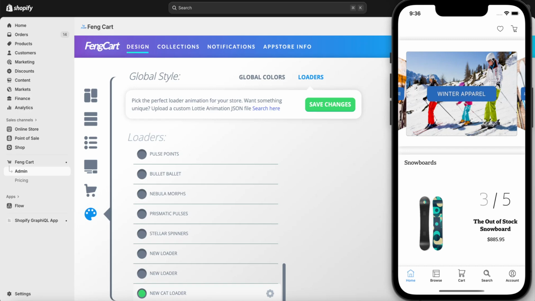With Feng Cart, choosing your loader or adding a new one, it's just one click and the changes are live